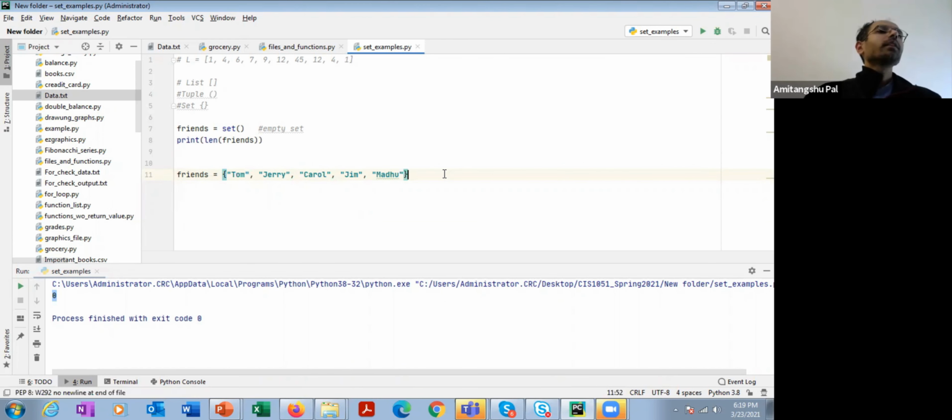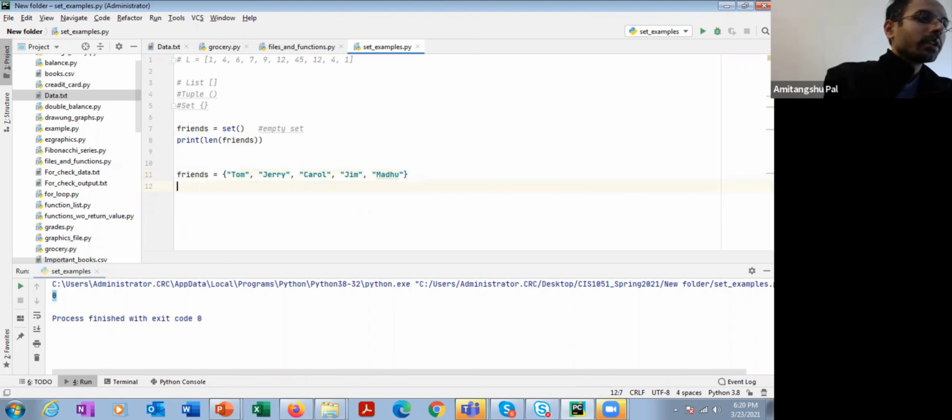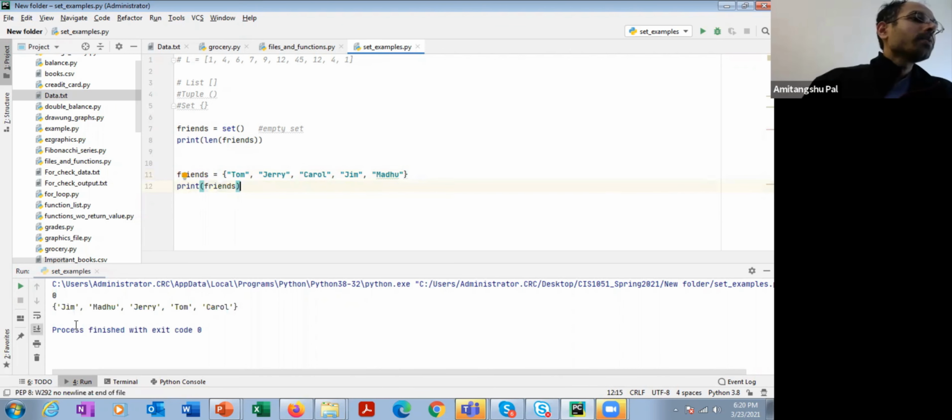But as I said, set is an unordered collection of unique elements. Let's see what this means. I am printing the friends set. Let's run it. Here you will see that the order is not maintained. It's not like the first element is Tom and the second element is Jerry.